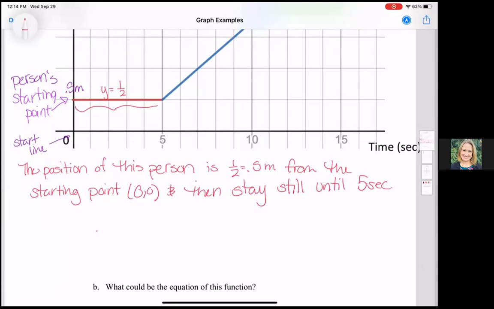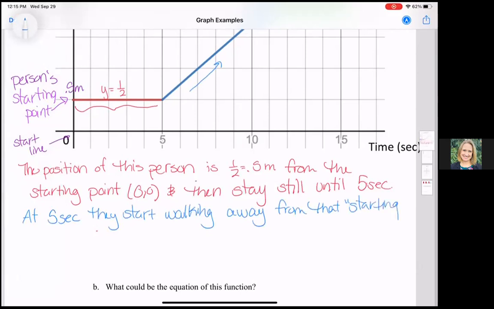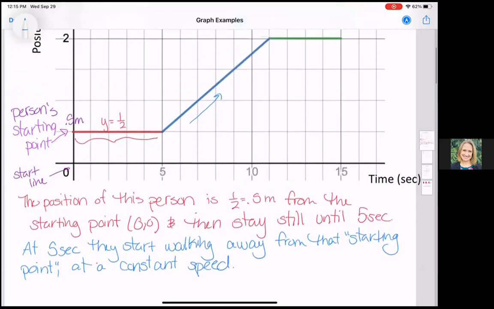And then at 5 seconds, we can see that now we have this movement. So from 5 seconds, they start walking away from that, I'll just put it in quotation marks, starting point at a constant speed. And we know this second part, this idea that they're walking at a constant speed, because this is